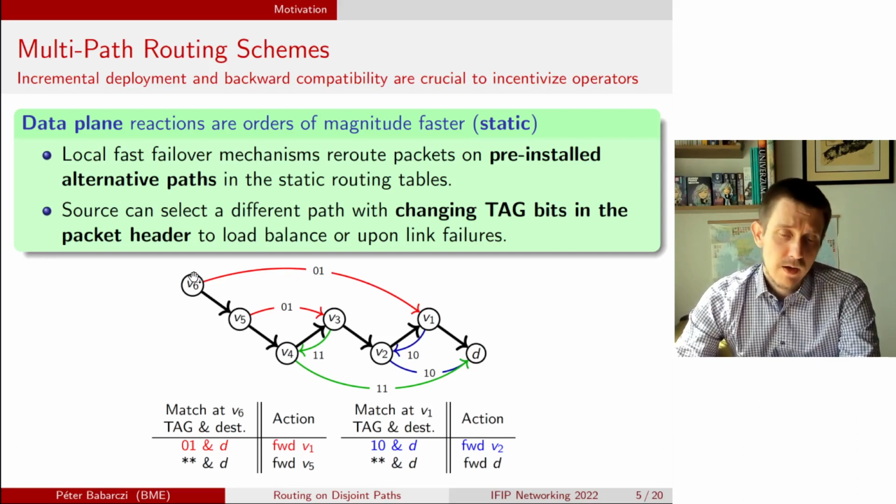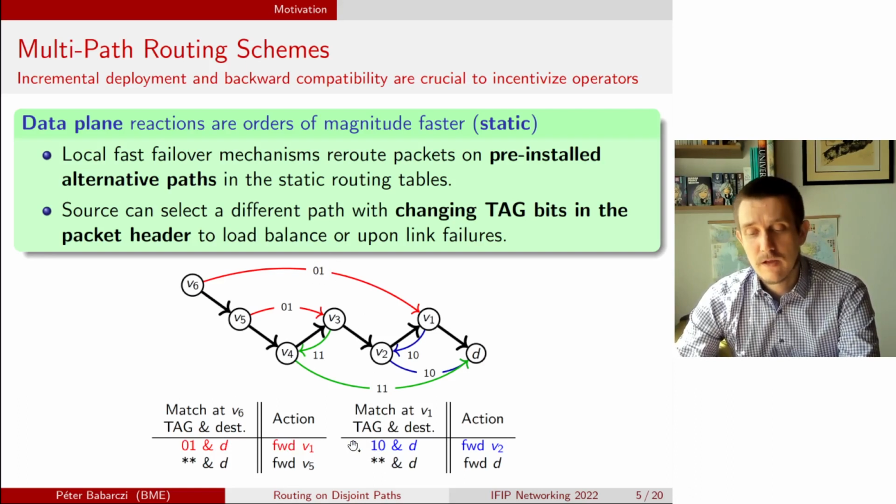The routing now, for example, will look as follows. If we start a packet from node v6 with a tag value of 0, 1, we have the match action, which now, besides the destination node, will also match on the tag. With the 0, 1 tag, we will match the first rule, the high priority rule in this routing table, and forward the packet to node v1, and at node v1, we receive a packet with a tag value of 0, 1. We won't match the first rule, we only match the second rule, which forwards the packet to the shortest path tree link, which is in this case towards destination D.